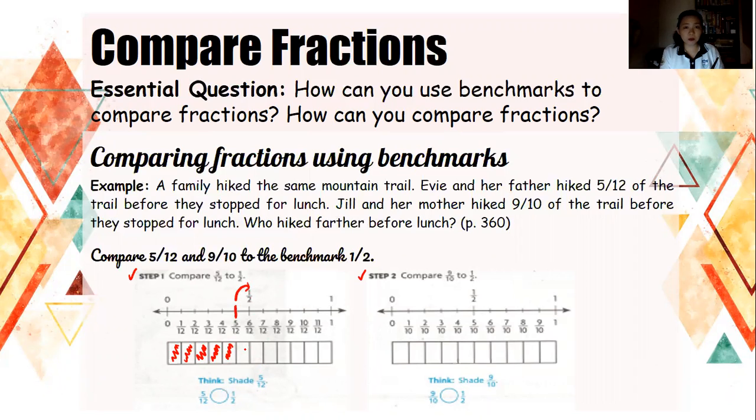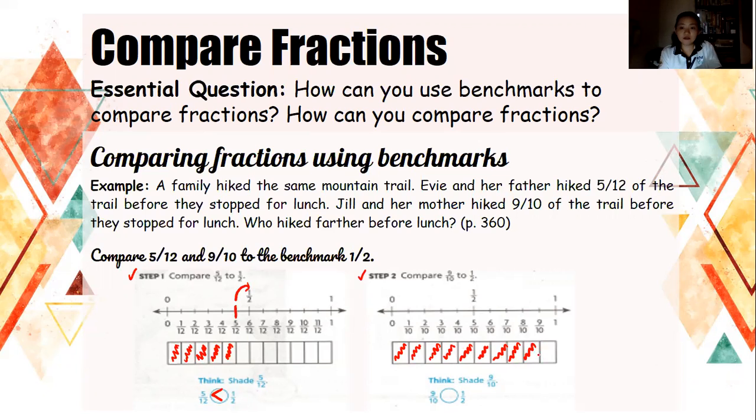Now, when we are trying to compare numbers on the number line, the numbers at the right are always bigger than the numbers on their left side. So since 5/12 is at the left of 1/2, we can say that 1/2 is bigger than 5/12. Now let's have 9/10 this time. In order for us to compare this to 1/2, let's try to use this number line with denominators of 10 shown in the diagram. So we have 1, 2, 3, 4, 5, 6, 7, 8, 9.